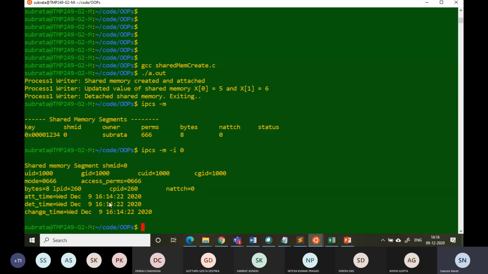Is that fine? So you can see the attachment time, the last attachment time, the last detachment time, and the changes that have been made, all have been recorded. The process which did all this may cease to exist, but the resource remains, and some other process having that global key can still access it, can read it, can write it, doesn't matter. And probably that process's task will be to destroy it also, otherwise you have to destroy it from the command line, right? So now if we